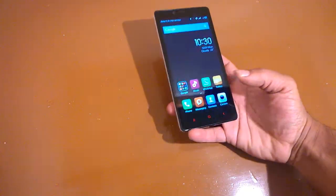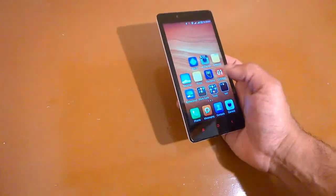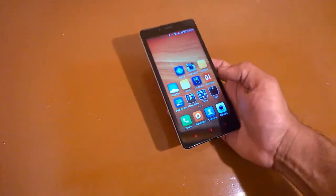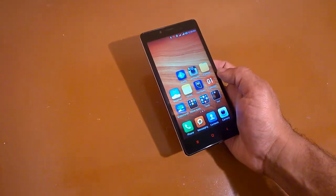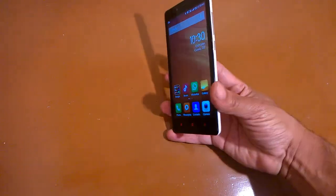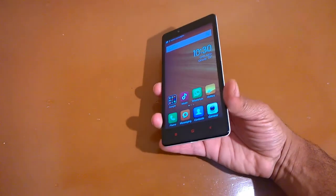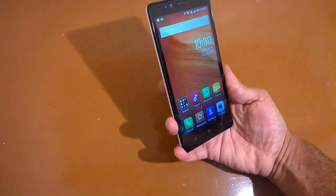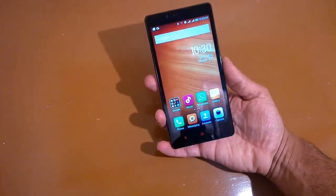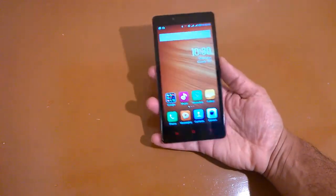The display, as I said, is a 5.5-inch IPS panel, and it's quite responsive. In fact, the sensitivity is very high. The viewing angles are also really good. You can see that I can still see the text and the images at all possible angles, and sunlight visibility is not the top of the line we have seen this year, but I would say it still passes the